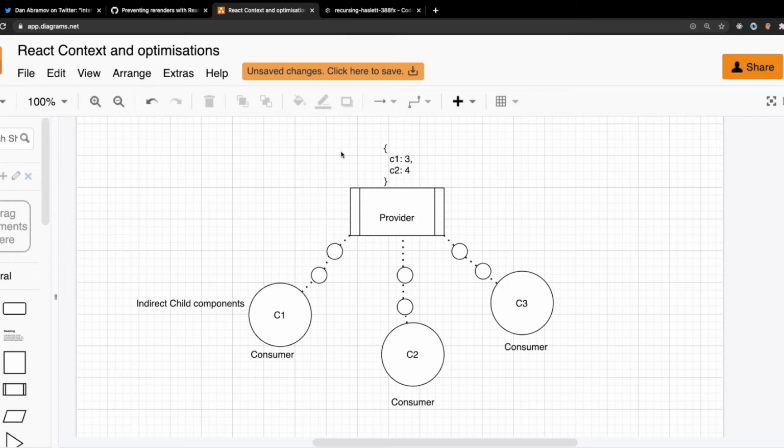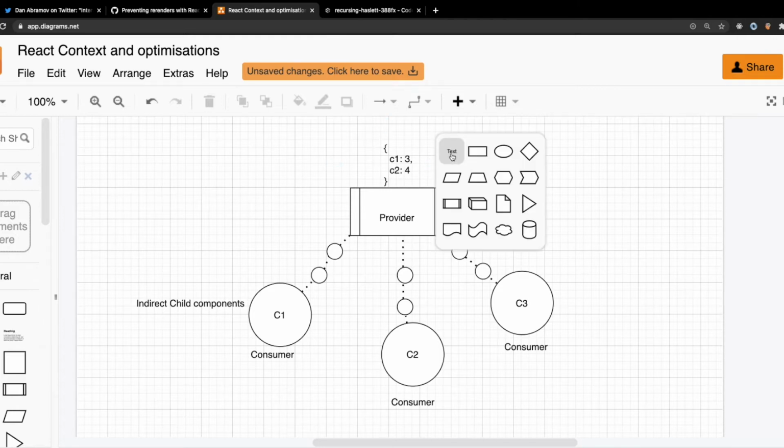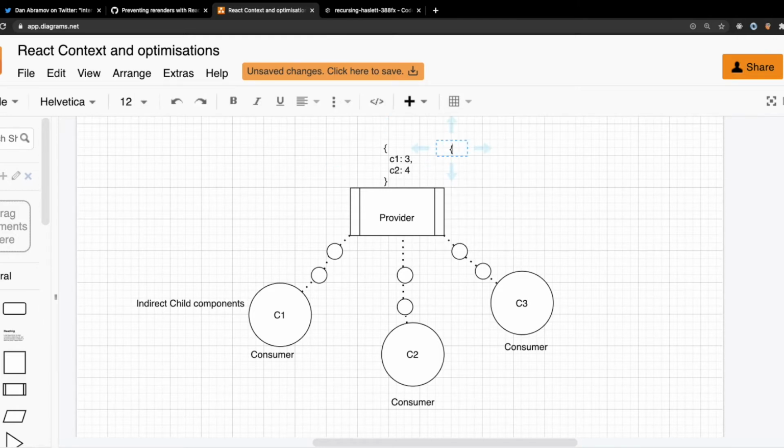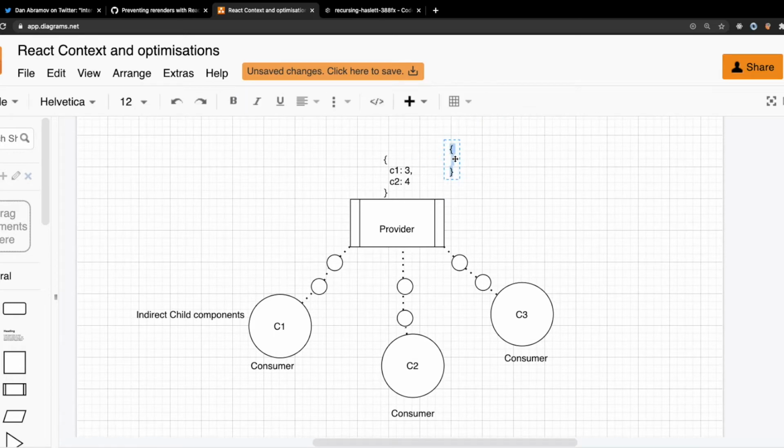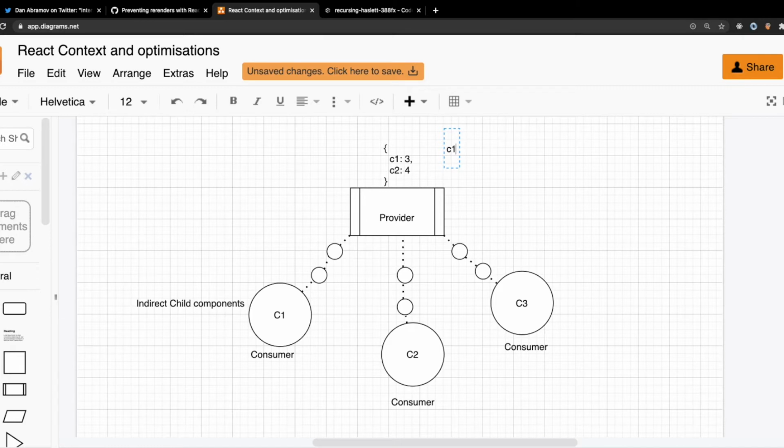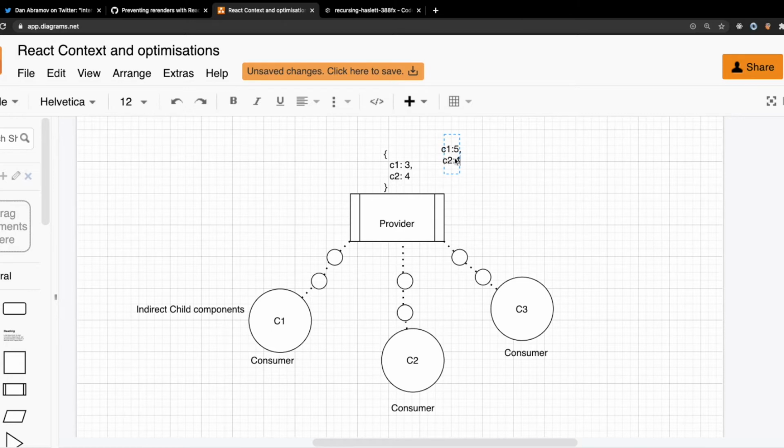So we'll be diving into the code. First of all, let me again explain if this is unclear. One case is that my store value changed from this to, let's say my C1 value became 5, and my C2 value remains 4, but I know that this is completely a new object. So whenever this new object comes, I'm not deep comparing anything. This is the current implementation of React context: whenever the whole data of the store changes, all these subscribed components re-render, irrespective of whether they are subscribing only to one of the keys of the data.